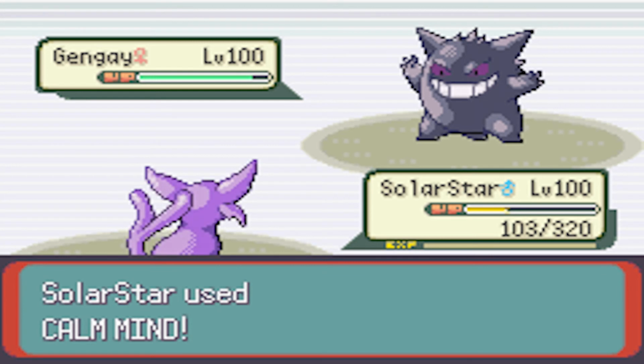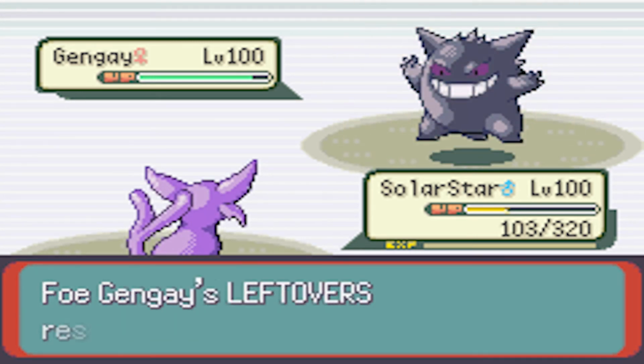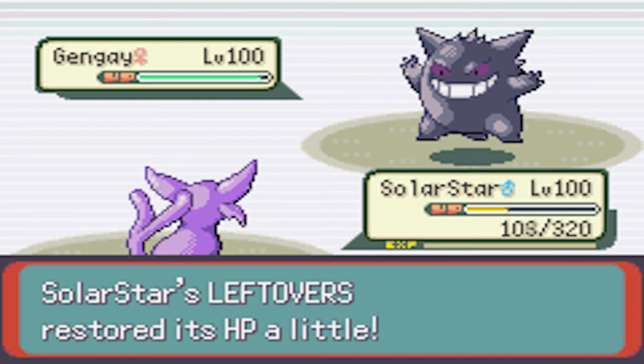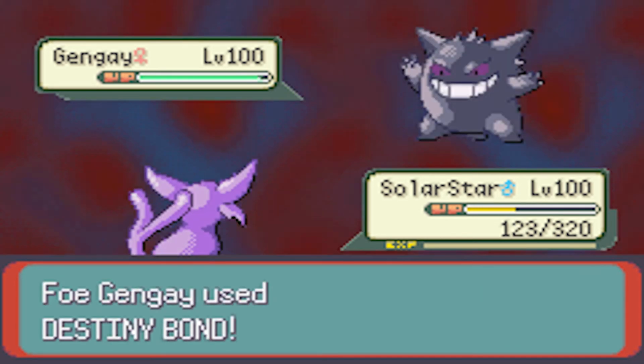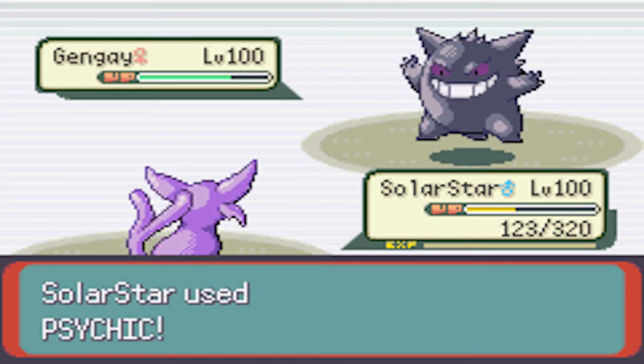But anyway, I'm gonna go for a Calm Mind, and now at this point, I'm like, okay, I can just take out this thing. I don't really care anymore. It doesn't matter, ultimately. I mean, it does and it doesn't. It just means that this battle is gonna take a lot more time. So I'm gonna go for a Psychic, and I'm gonna take out his Gengar, but I'm gonna unfortunately lose